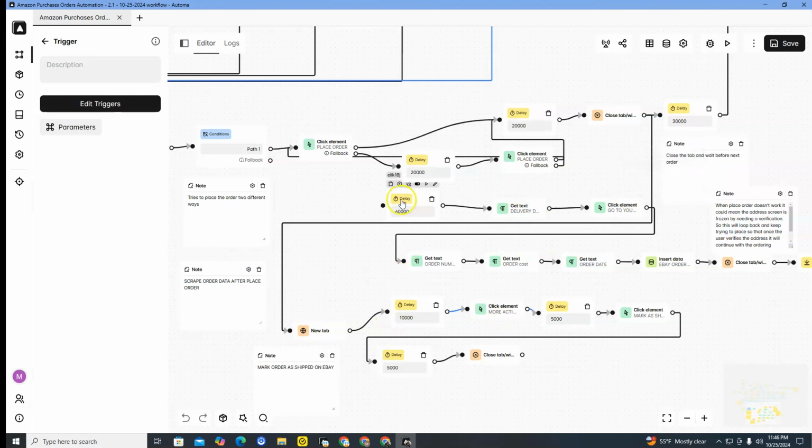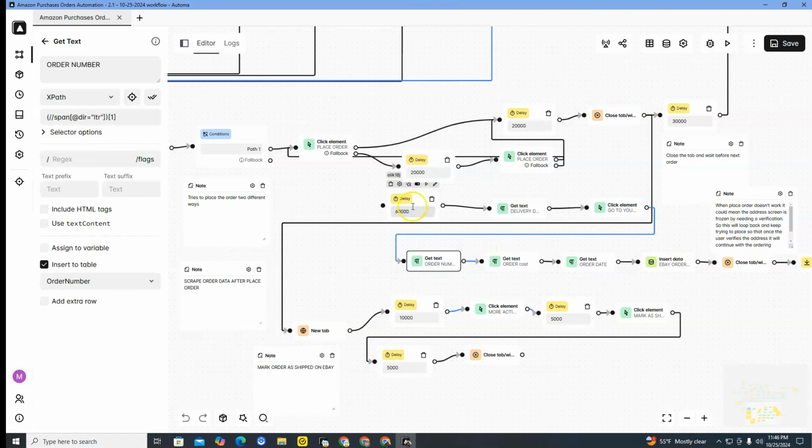I also have something else here that is not activated. It's not connected, which is the scraping of orders data after each order. It wasn't perfect. It didn't always scrape the top order, and I probably just need to fix the XPath queries or expressions or whatever it was. I don't remember. So those of you who are into programming and understand stuff like that, you can always go in